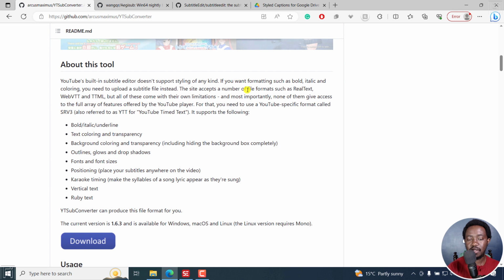This site accepts a number of file formats such as RealText, WebVTT, and TTML, but all of these come with their own limitations. And most importantly, none of them give access to the full array of features offered by the YouTube player. For that, you need to use a YouTube-specific format called SRv3, also referred to as YTT for YouTube timed text. It supports the following: bold, italic, underline, text coloring and transparency, background coloring and transparency, and includes